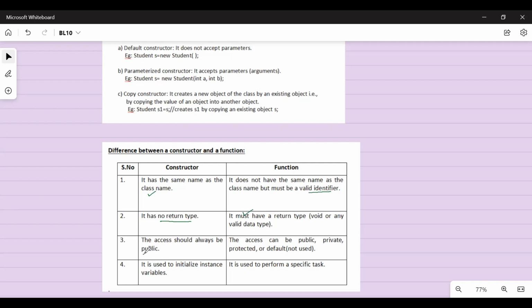The access should always be public, whereas a function can have any other access also. And the last thing is, the task of constructor is to initialize instance variables at object creation, whereas a function is generally written for performing a particular task. Okay, so hope all the concepts discussed today are clear. Just go through all this and then